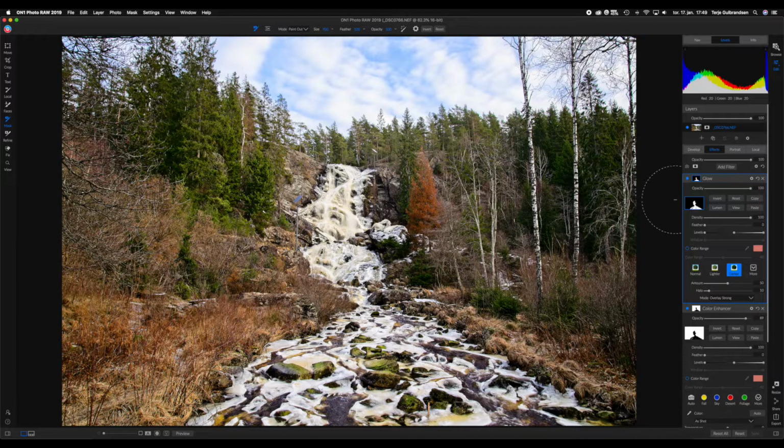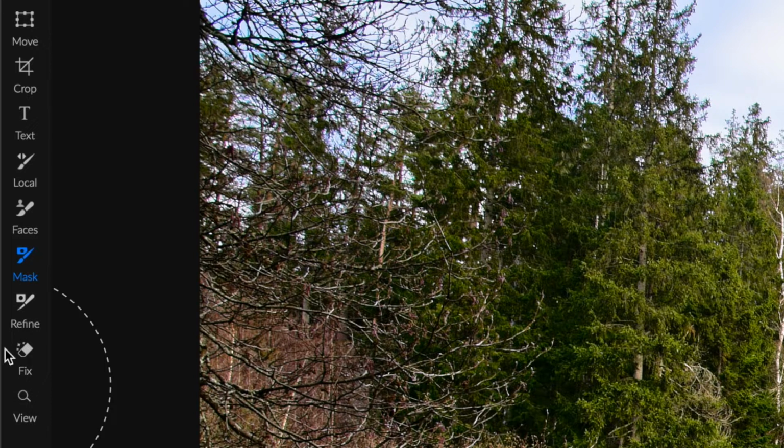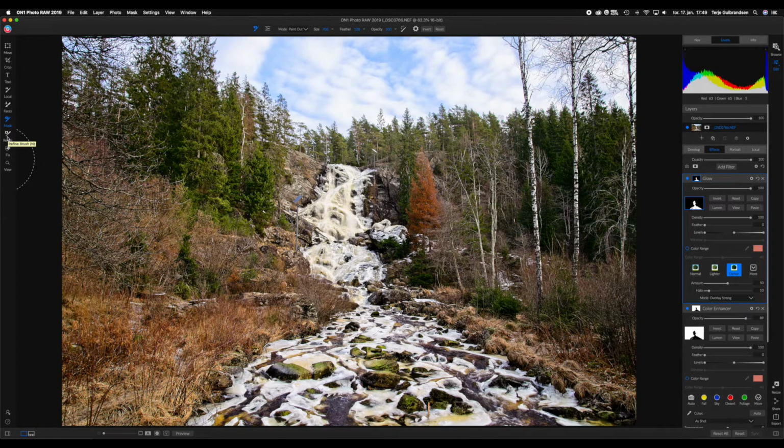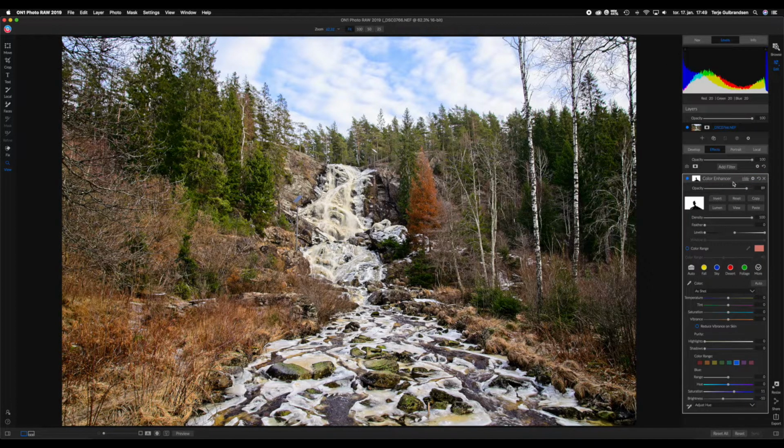And as I said, you can even do a sky replacement. It doesn't work so good around trees like this, but you can try, and then you use the refine tool and it will hopefully do a decent result. Anyway, let's remove the glow again. So we are now done with the color toning, everything like that. We have a, I wouldn't call it perfect, but we have a pretty good image just by doing color toning